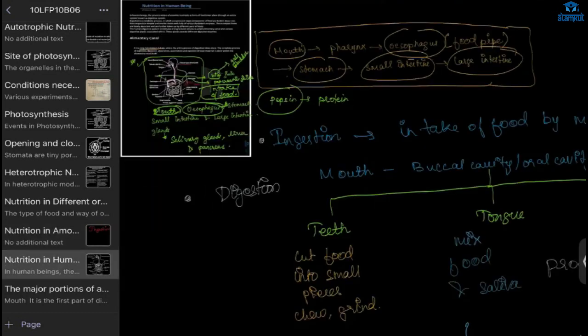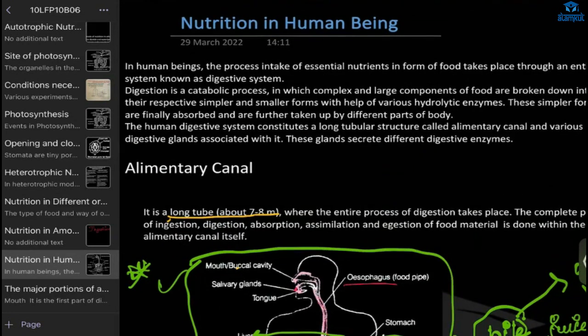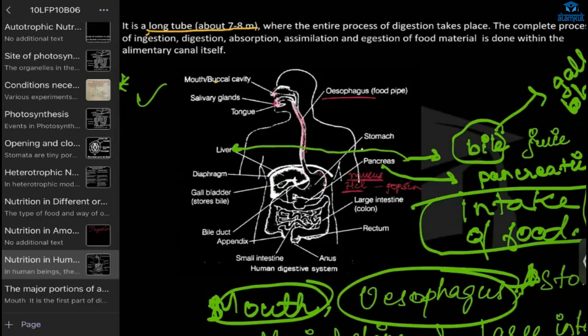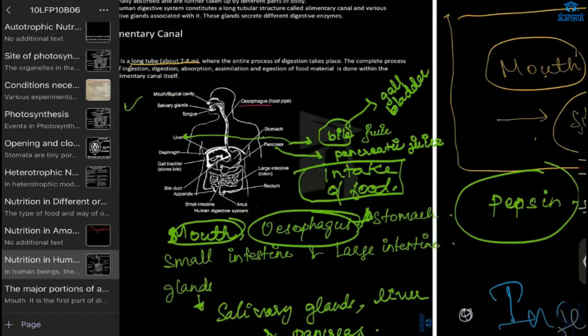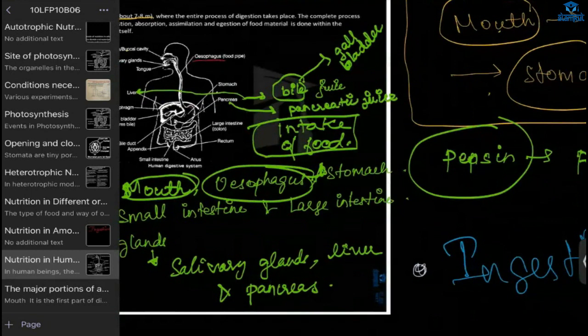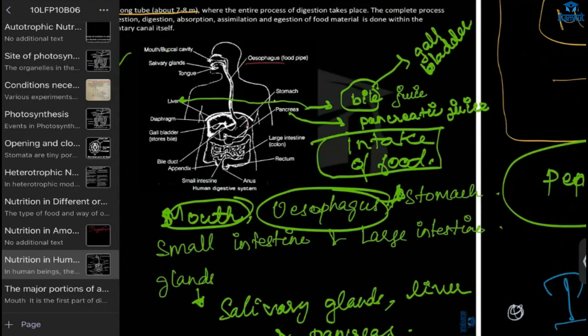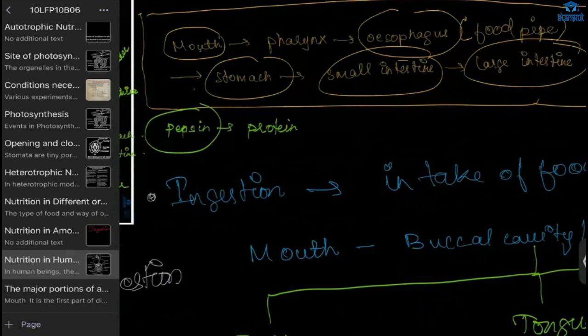Yes, ma'am. Great. Then we have nutrition in human beings. I have done only till here. I made the diagram for the teeth and wrote about that, until dental plaque, the last topic I have done. So in humans, what is the first step? Ingestion, right? For every organism, five steps will be there.